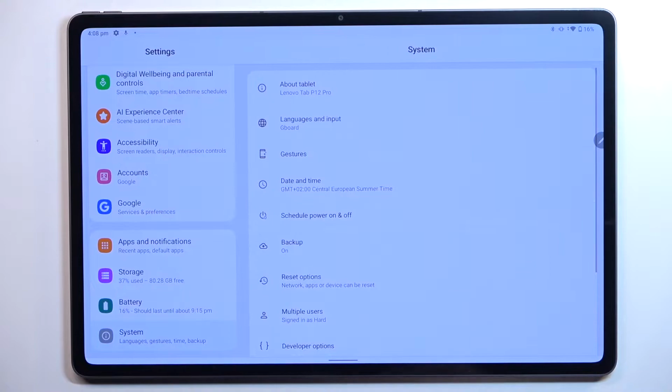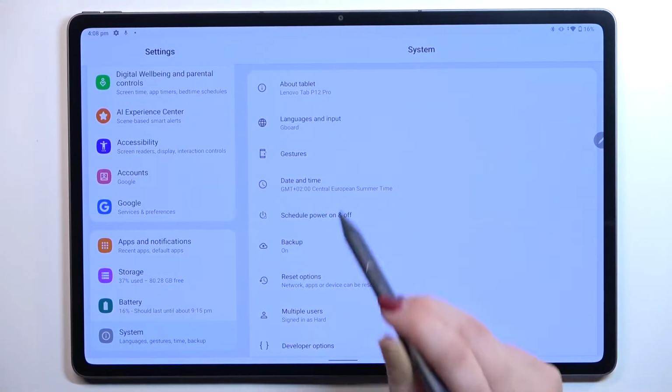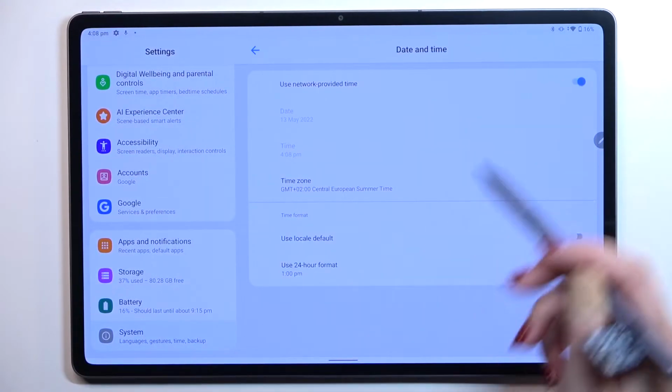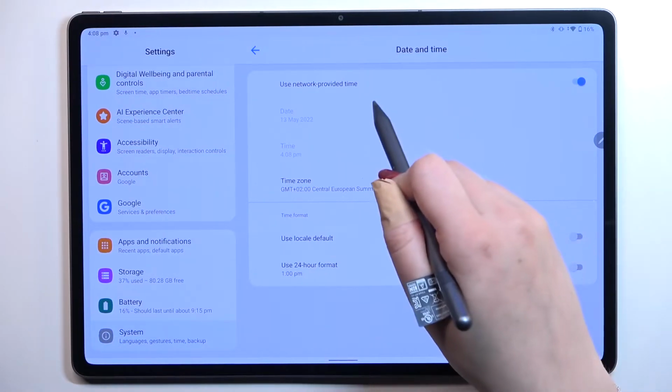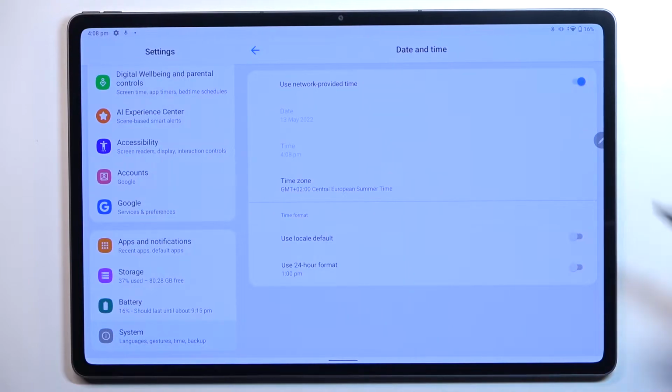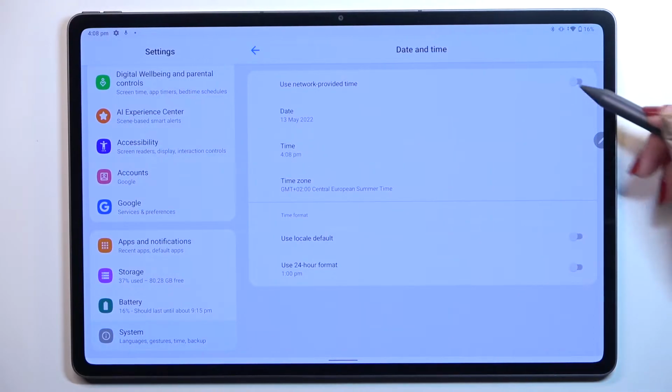the system option. Now, as you can see on the fourth position, we've got date and time, so let's enter, and here we've got some options connected to the date and time, and as you can see, most of them are inactive. It is because we are using the network provided time, so we have to turn it off just